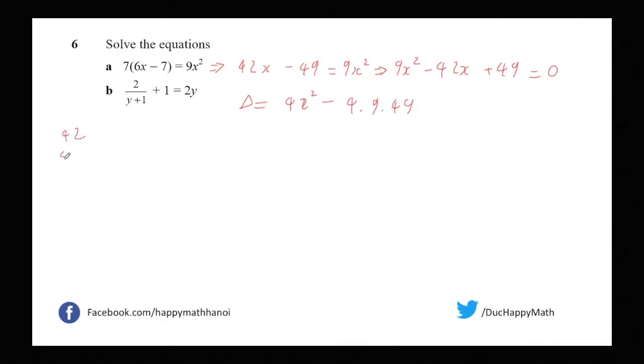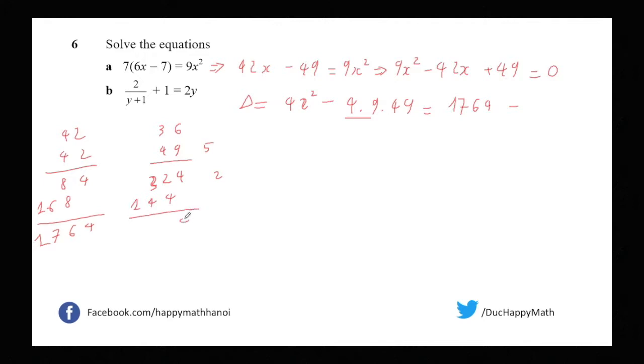Okay, 42 times 42, 4 times 8, 8, 6, 1, 4, 6, 7, 1, 1, 7, 64, and 36, 49, 4, 27, 3 here, 4 here, 2, 4, 1, 4, 6, 7, 1. Oh,